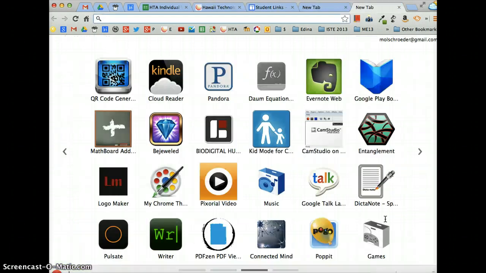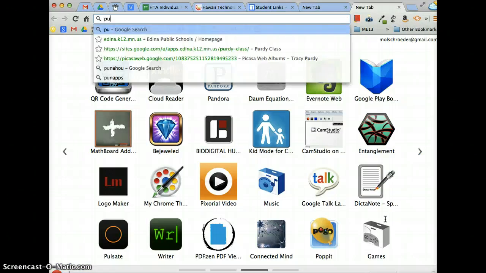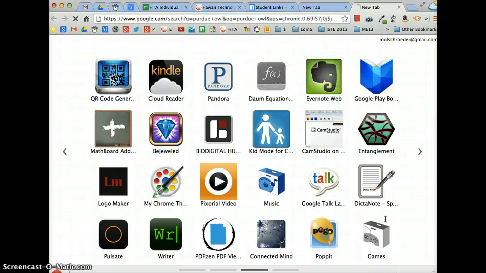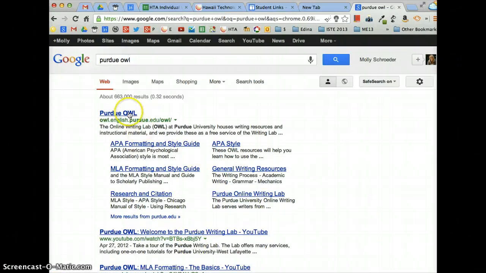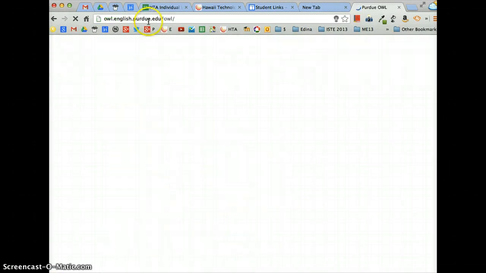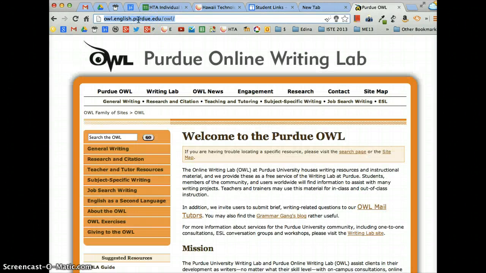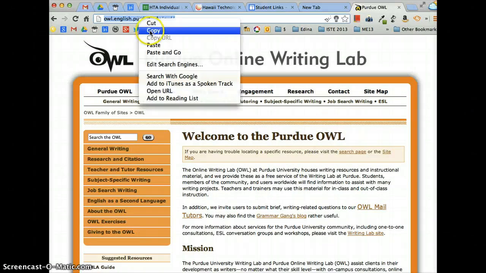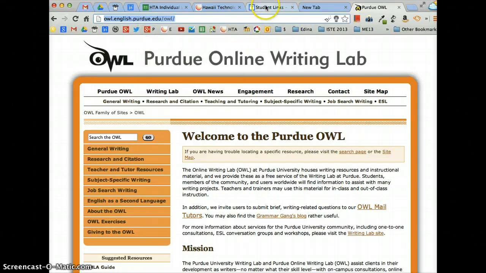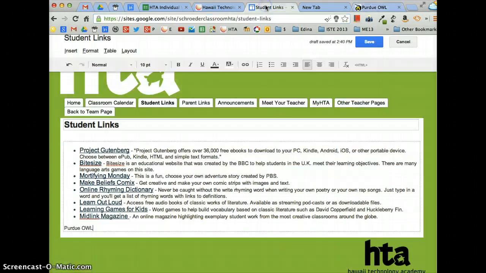I would go to the Purdue OWL website. So I'm just going to go to a new tab and do a Google search. When I get to the website, I have to highlight and copy it. Okay, Control-C, right-click and copy. One of my tabs up on the top is going to be Student Links. I highlight the word,